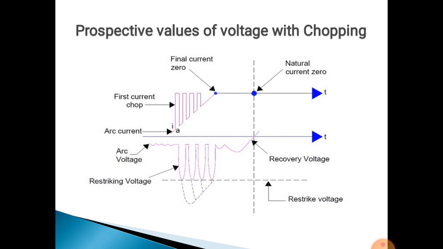Consider the voltage rise before the restriking. In this diagram, the restrike draws energy from the capacitance and then collapses. The deionizing force is still in action till a second chop takes place. This time the chopped current is lesser than the first one, and the rate of rise of voltage is very low. In this waveform, the final chop brings the current to zero prematurely with no further restriking, since the gap is now in an advanced stage of deionization.